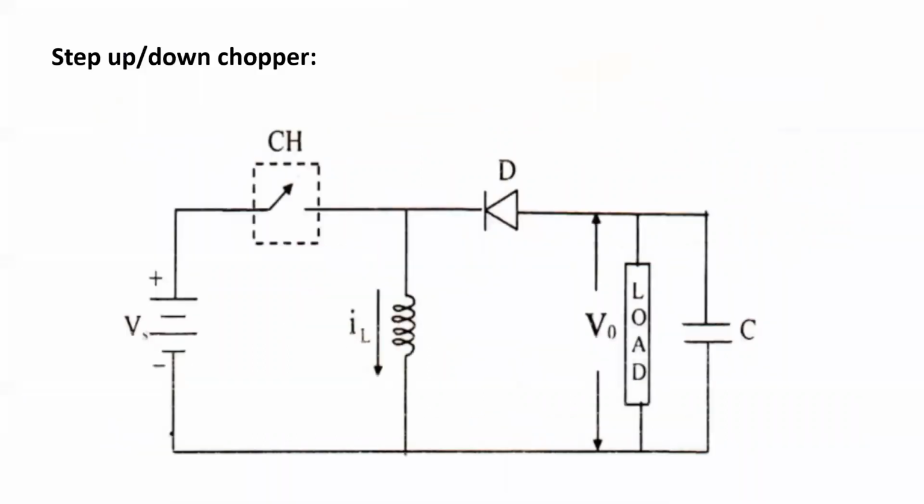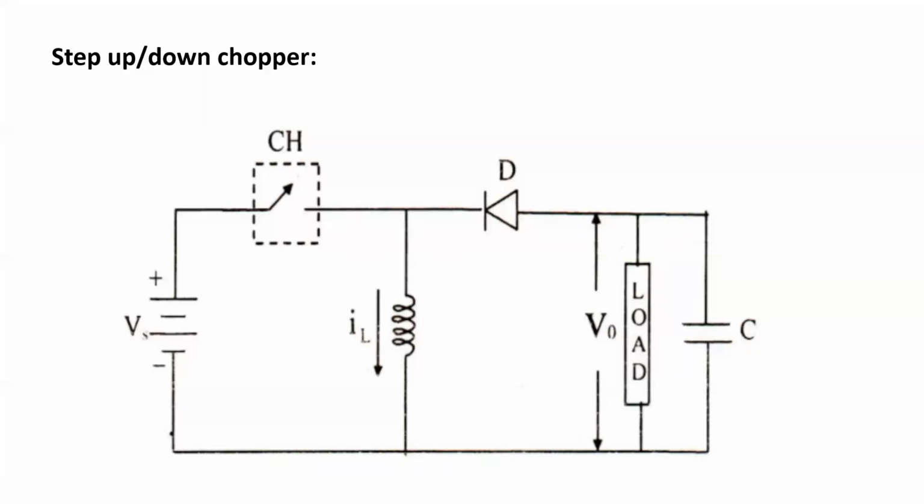Just listen, for any chopper, remember that it is enough to explain the chopper operation in two conditions. That is, when the chopper is on, what happens for the corresponding devices, and when the chopper is off. During these conditions, explain the remaining elements' purpose and the corresponding output parameters, whether they exist or not. For any circuit, this is enough for us. So next we will move to the step up by down chopper. It is the basic circuit diagram.